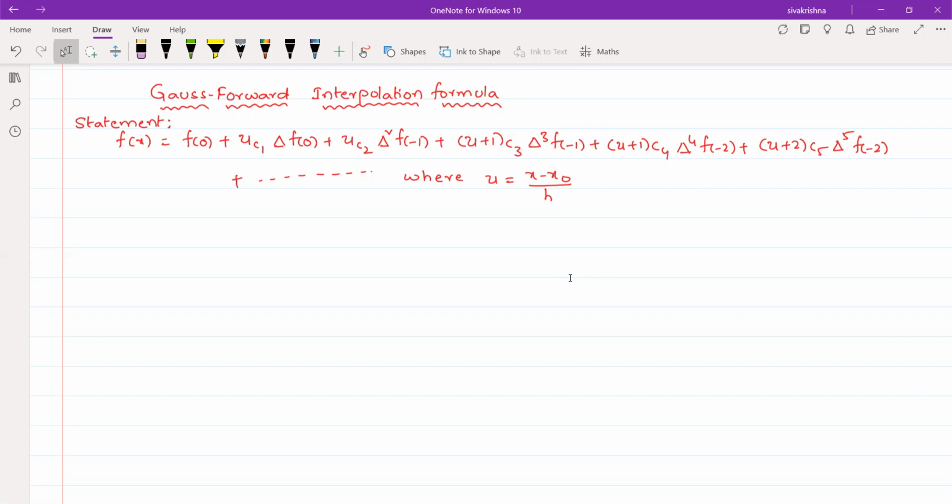So coming to the proof, we have already discussed Newton's forward interpolation formula. So in order to prove Gauss forward interpolation formula, I am using Newton's forward interpolation formula. So that the Newton's forward interpolation formula is